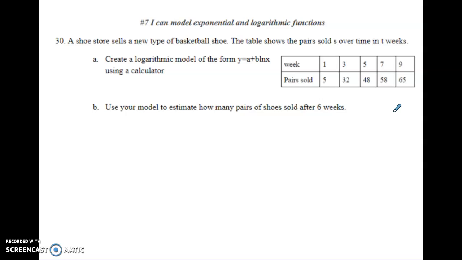So we hit enter when the edit thing is highlighted. And then in list 1, go ahead and put in 1, 3, 5, 7, 9. Arrow over to list 2, put in 5, 32, 48, 58, and 65. Then when your values are in the list, you go back to the Stat button, hit Stat, only this time you want to calculate. So you arrow over to calculate, and then you arrow down until you see the